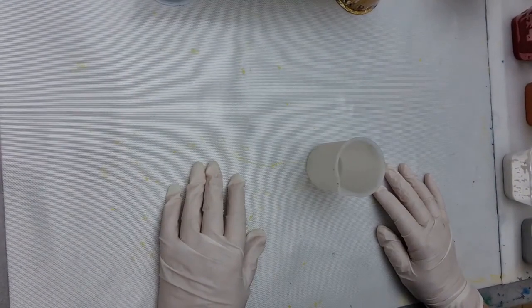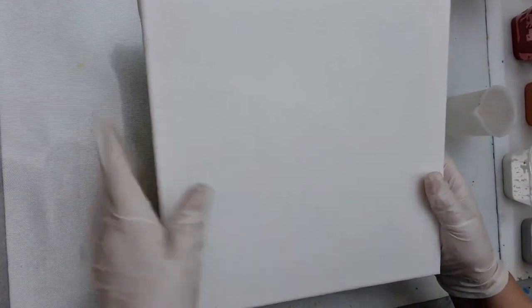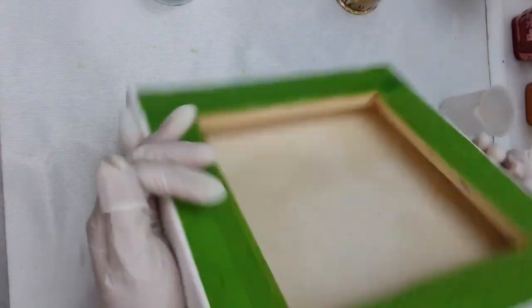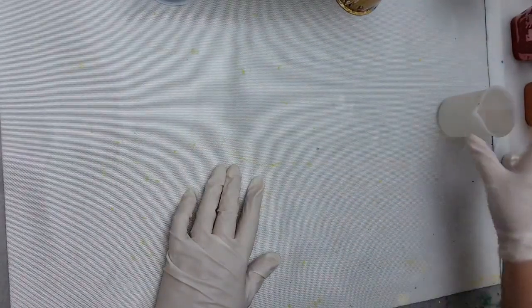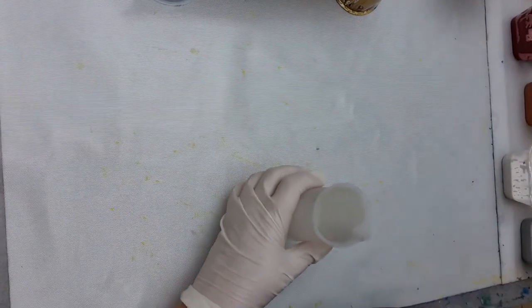Today I'm going to be doing a straight pour on a 10 by 10 deep edge gallery wrapped canvas. I think that lovely dong was possibly because I have sprayed it underneath and as it hit that, oh, doesn't that sound nice? Anyway, so I shall start with,